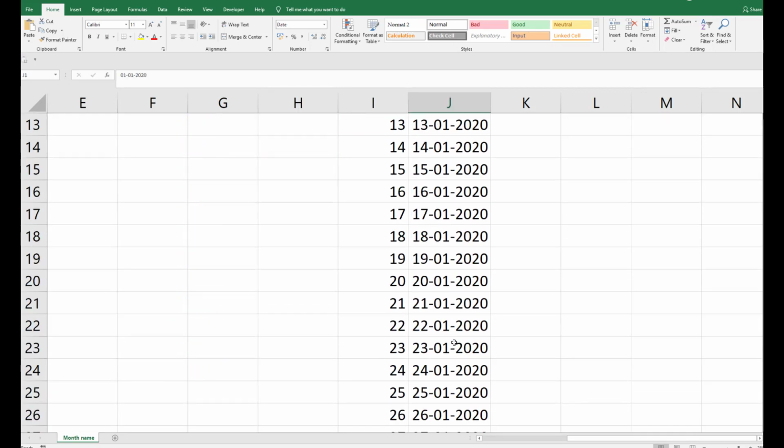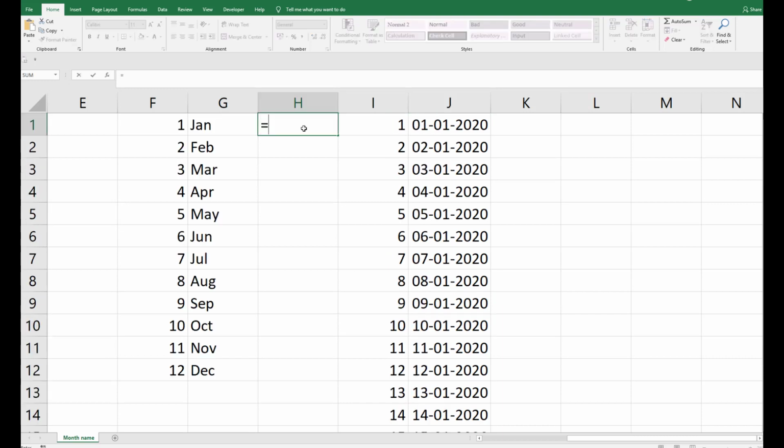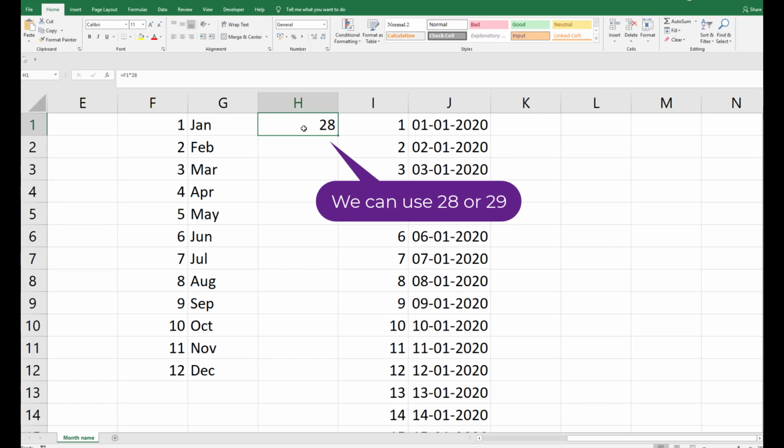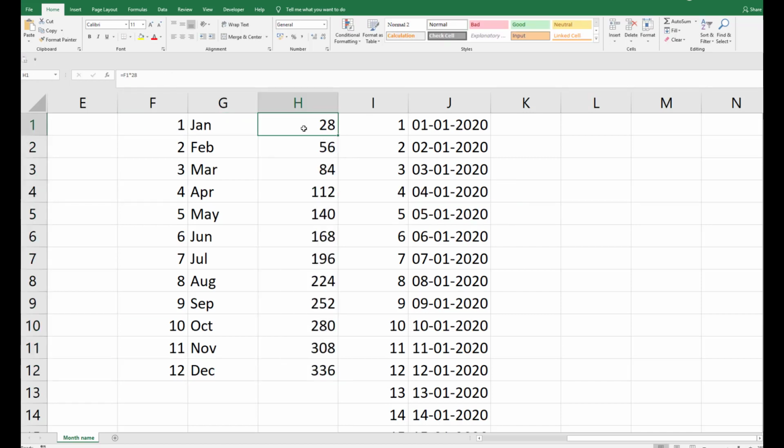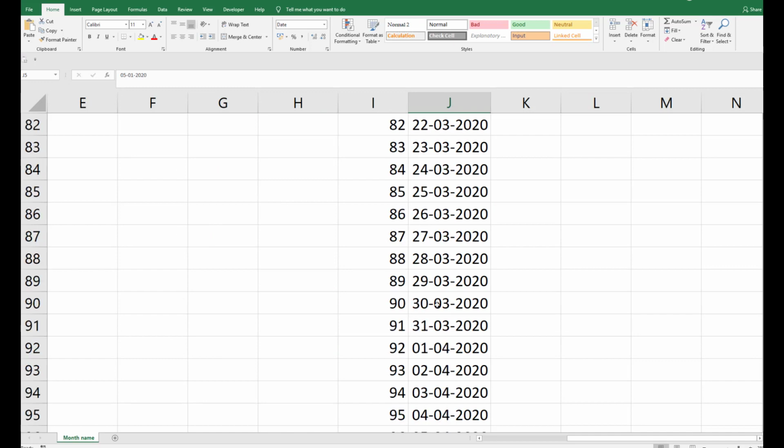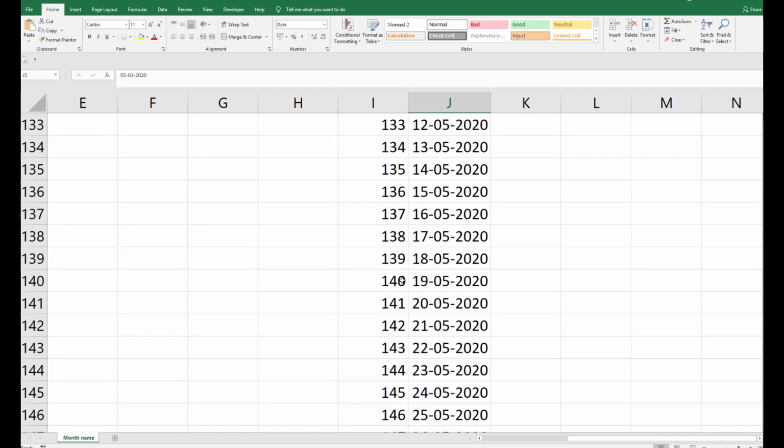For each and every month there is a common date, called 28th. So I have taken 28 as a base date for each and every month. Equal to, if I multiply it by 1 into 28, it will give you 28. Likewise, if I use it for every cell across 12 months, the 140th day, it is May.